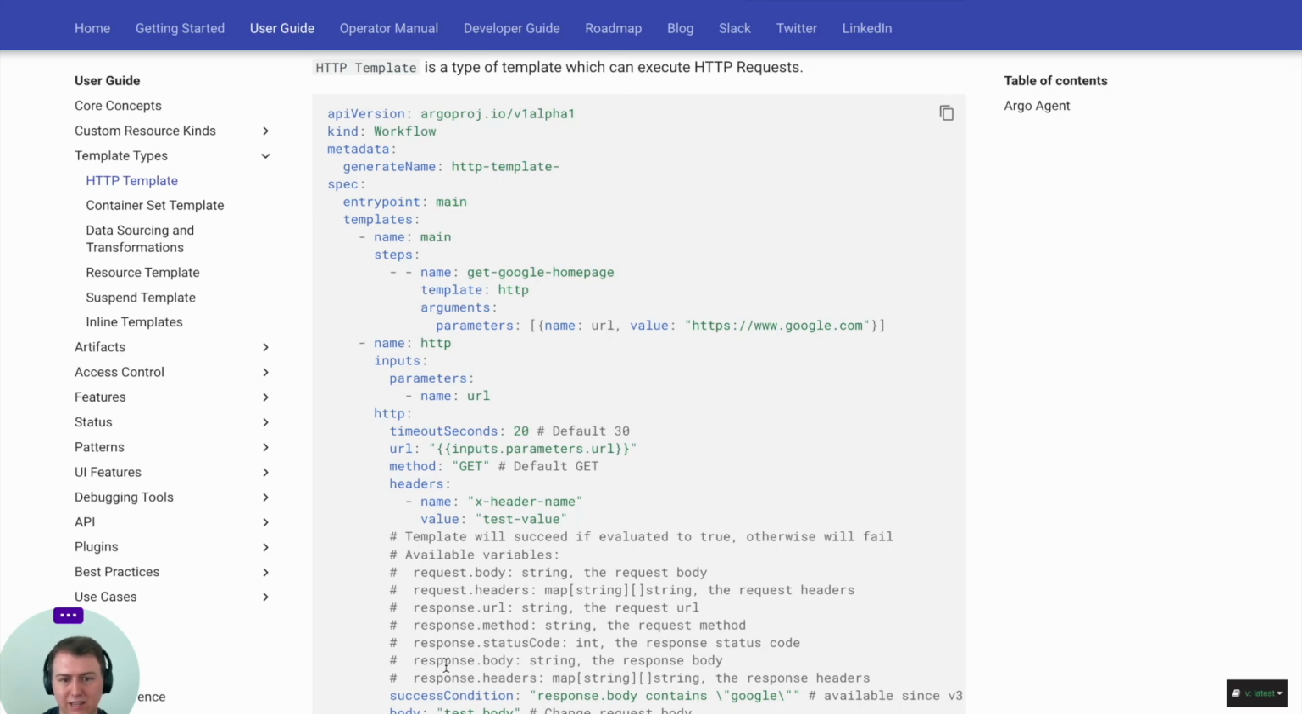And then lastly is the body. This is the request body that you're going to send. This isn't really useful for GET requests, but for any of those post, put, patch type requests, the request body